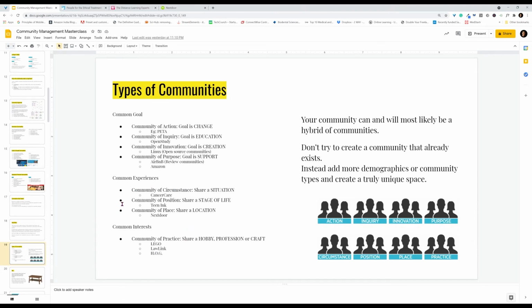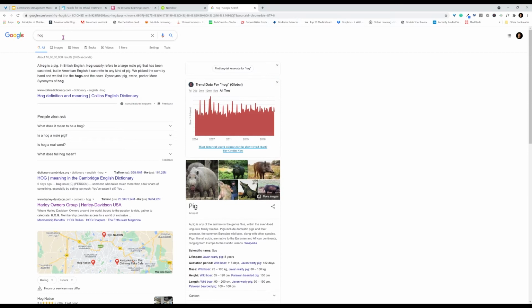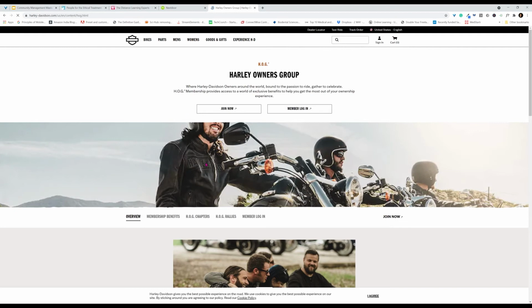And finally, we have communities of common interest. If, for example, you're passionate about, say, HOG, the Harley Davidson Owners Group. In India, for example, we have the Royal Enfield groups, people who come together every Sunday and go on rides. They have a strong feeling of community. They have the strong interest of motorcycling, the motorcycle lifestyle. So HOG is a very famous community that's built around Harley Davidson, the Harley Owners Group. Right? So this is an exclusive community.